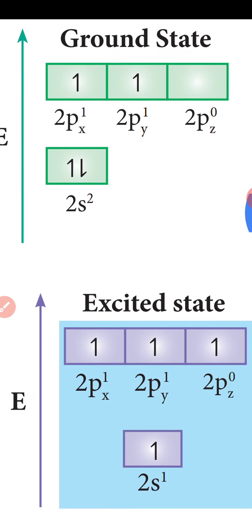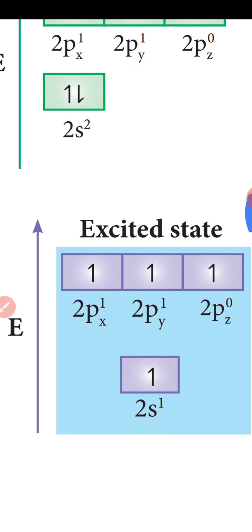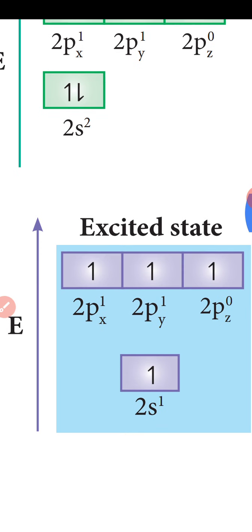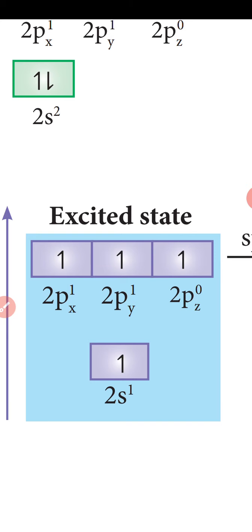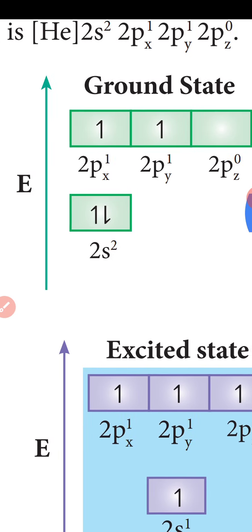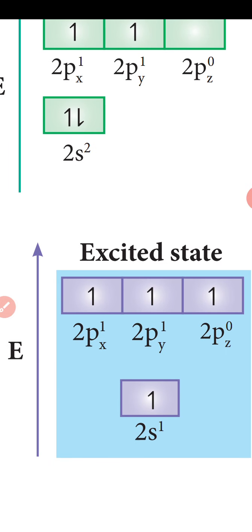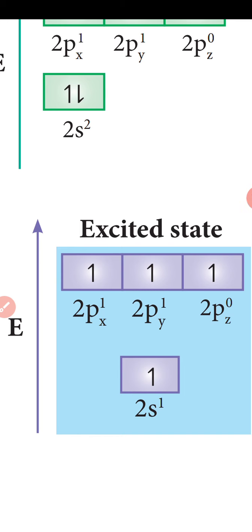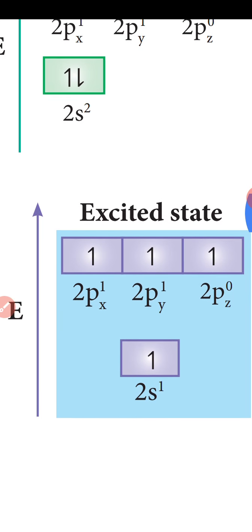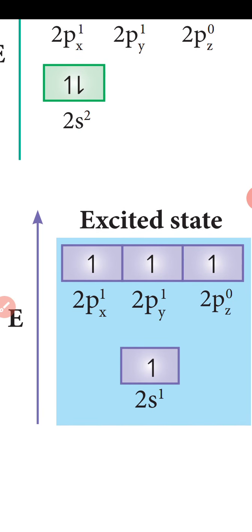In the excited state, in order to form 4 covalent bonds with the 4 hydrogen atoms, one of the paired electrons in the 2s orbital of carbon is promoted to the 2pz orbital. The one 2s orbital and three 2p orbitals of carbon mix to give 4 equivalent sp3 hybrid orbitals. The angle between any two sp3 hybrid orbitals is 109 degrees 28 minutes.